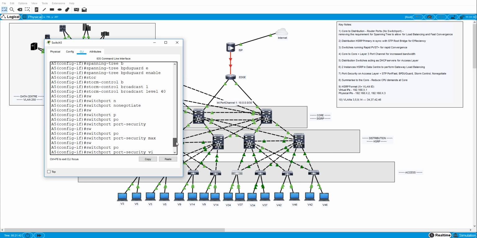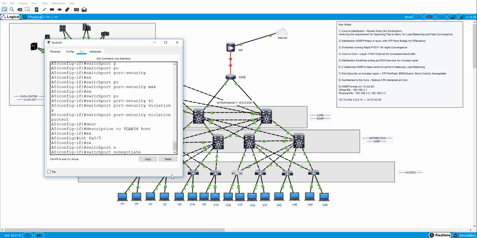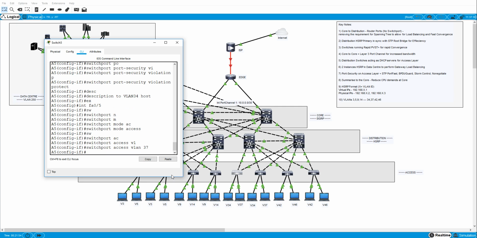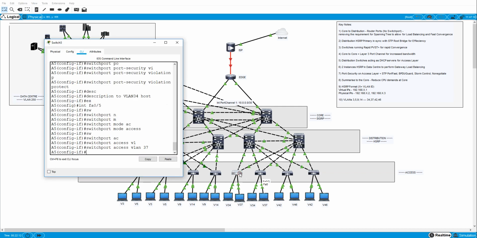Was 6. So did I do that correctly? Oh, this is an FA03, these might be different actually. 6 and 3, is that correct? Yep, these are different ports, that's why I noticed that wasn't going amber there. So,